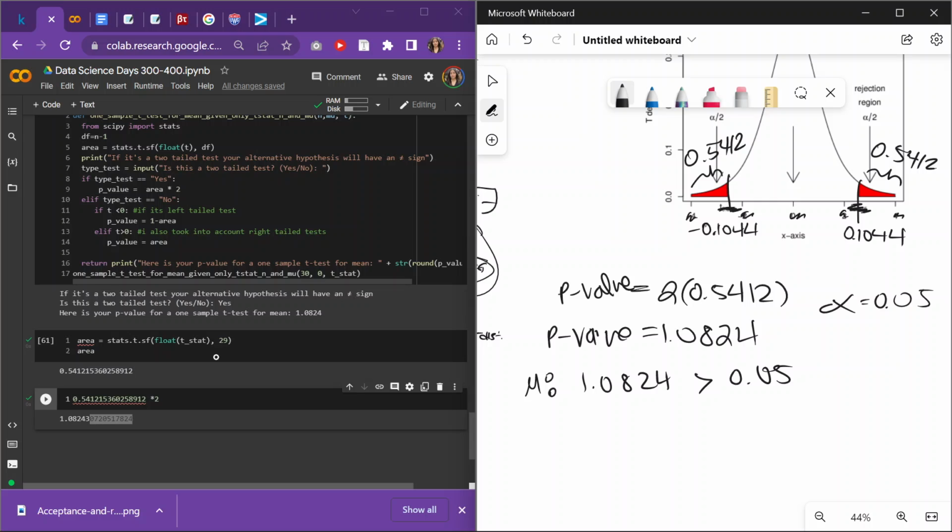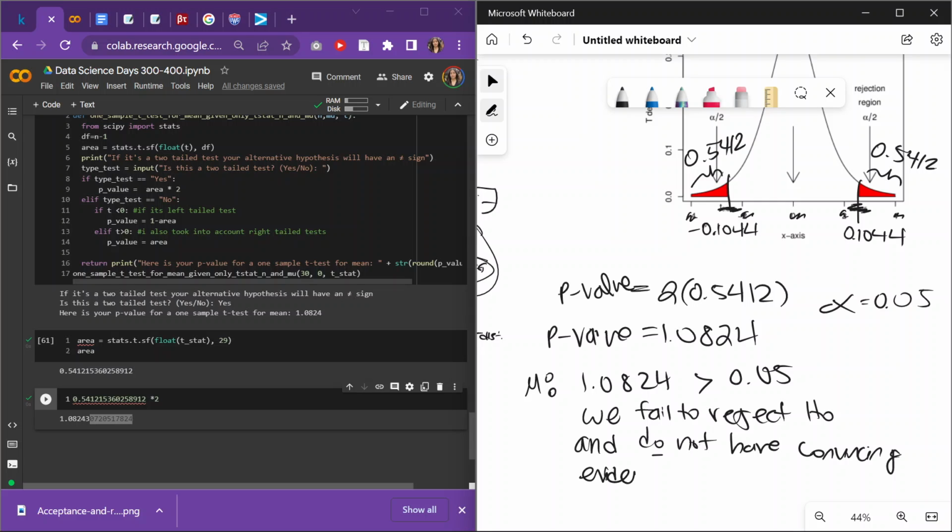So because our p-value is greater than alpha, we fail to reject the null hypothesis and do not have convincing evidence of the alternative hypothesis, which is that